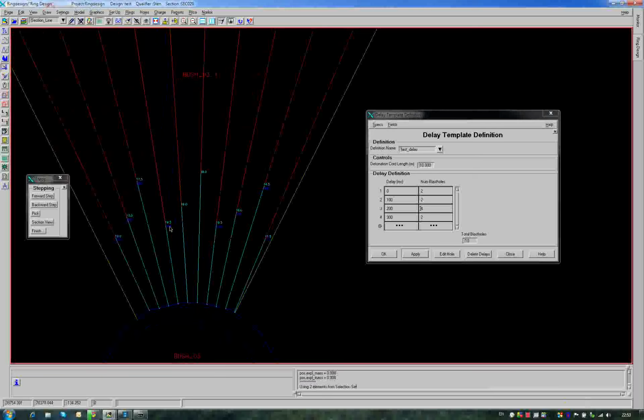For the next neighboring holes I have 100. Then for 2 holes on every side I have 200, and then I have 300 for the corner blast holes. The same way as for the charged and uncharged length, I can edit